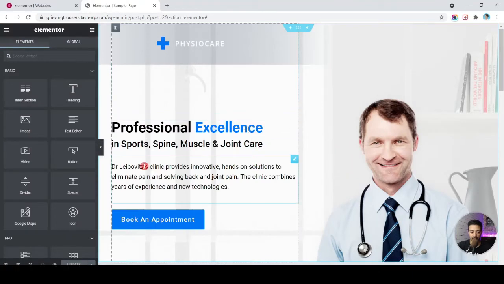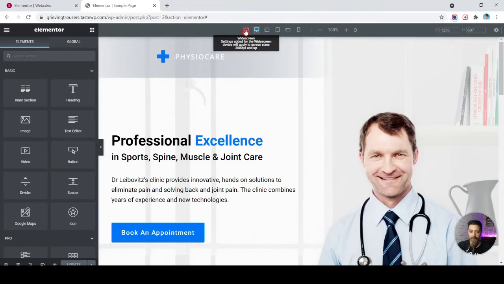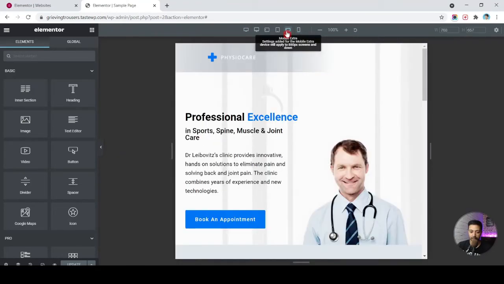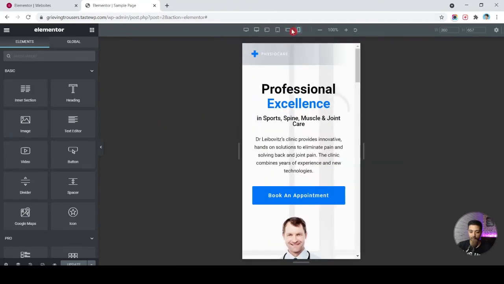Alright, so we are back in the editor. We go back to our responsive mode, and now we can see we have a lot more options for the breakpoints. So this is the default breakpoint for desktop, and just after that we have the widescreen, and here we can see that 2000 pixels and up is the added breakpoint. That's what we have added. So this is how it looks. And if we go to mobile, we have extra mobile, and this one is the default mobile, and after that we have a mobile extra breakpoint.